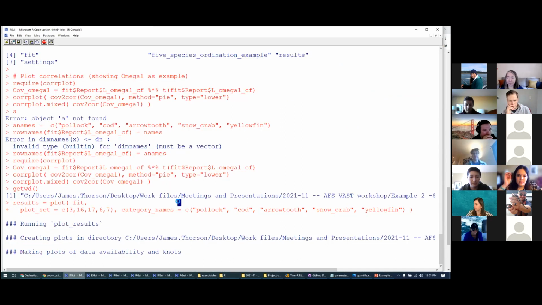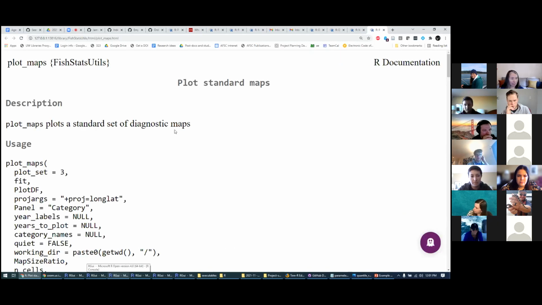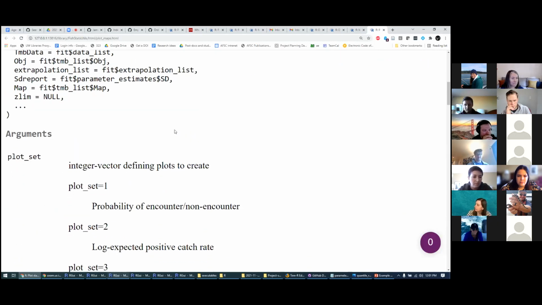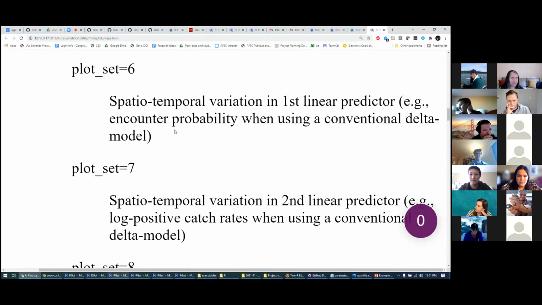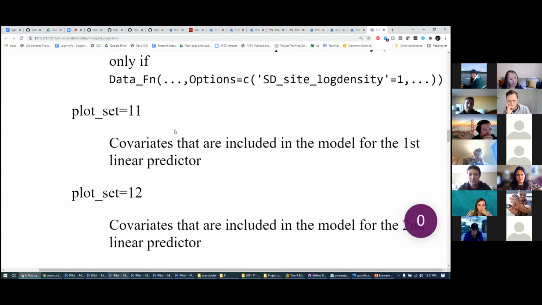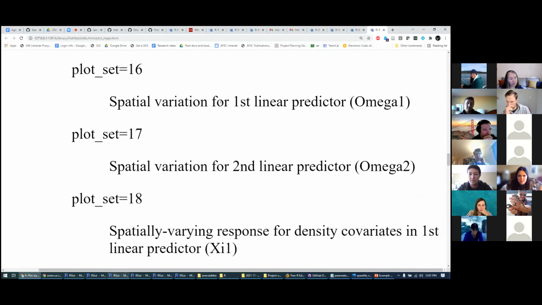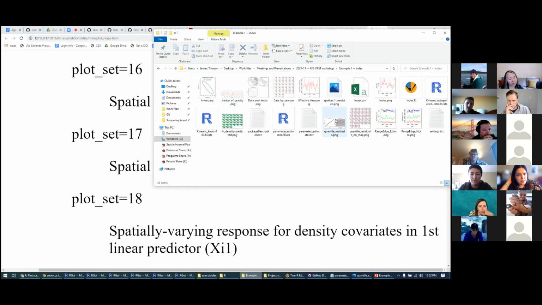Now I'm generating a common set of additional plots, 3, 16, 17, 6, and 7 for both of these. And in a different terminal, I'll call up the documentation for plot maps. So 6 is the spatial temporal variation, the first linear predictor. 7 is spatial temporal variation, the second linear predictor. 16 is spatial, the omega 1 and omega 2. And what I'm going to show, if those run as I expect them to, is that the index model,